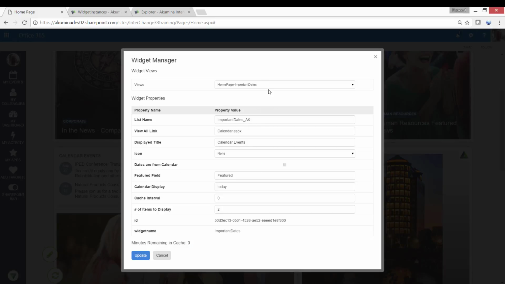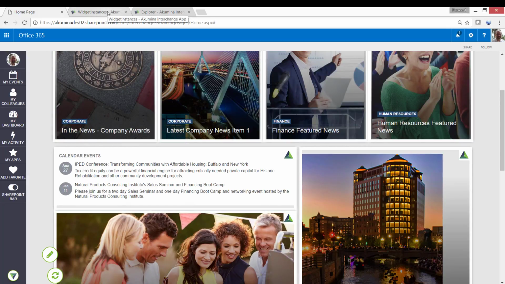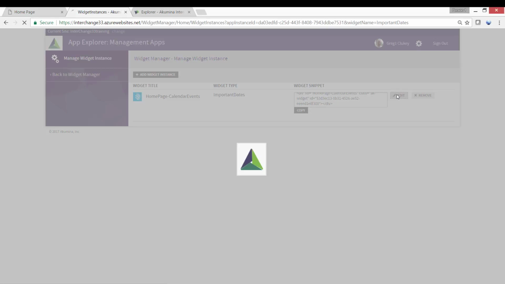Now, when I opened up that particular widget, you saw all of the properties that we saw from within the widget manager. But what if I didn't want to display all of these properties to some of my business users, for example, that I might have given access to be able to do this type of editing? Well, very easily, if I go back to my widget instance that we created, and I go into Edit,